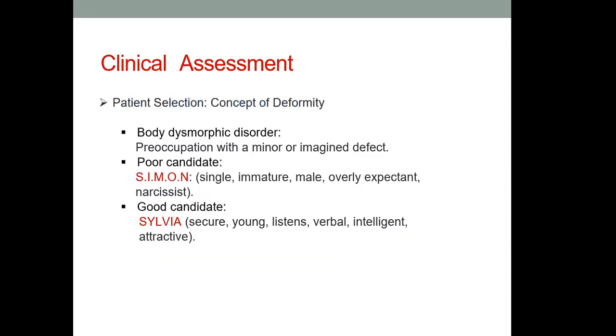The third point in the clinical assessment is the selection of the patient. It's one of the most important points in rhinoplasty patients. There is body dysmorphic disorder, which is preoccupation with a minor or imagined defect, and we have to be careful about those patients. As well as another poor candidate, mnemonic SIMON: single, immature, male, overly expectant, narcissist,